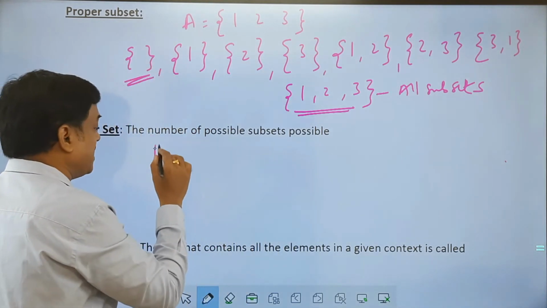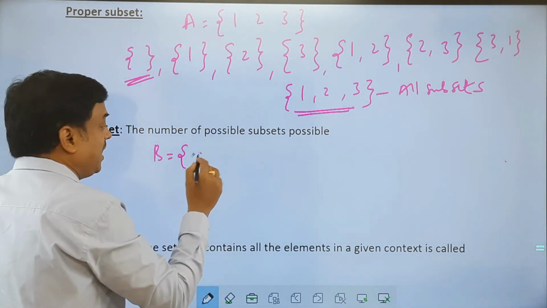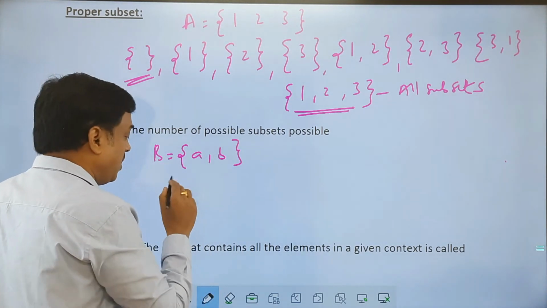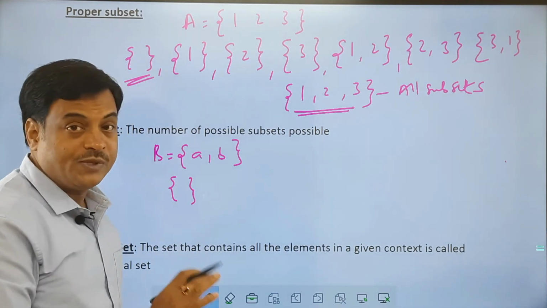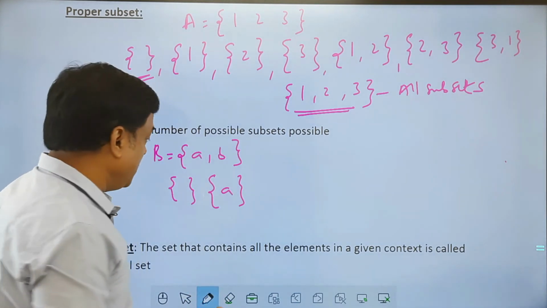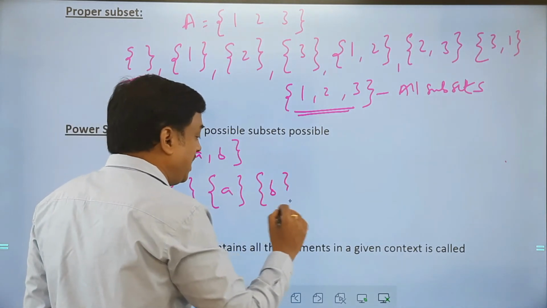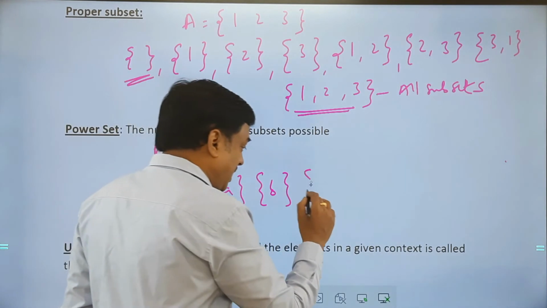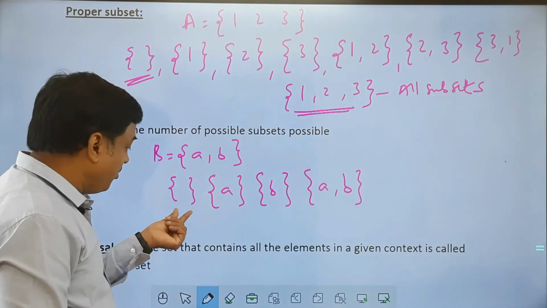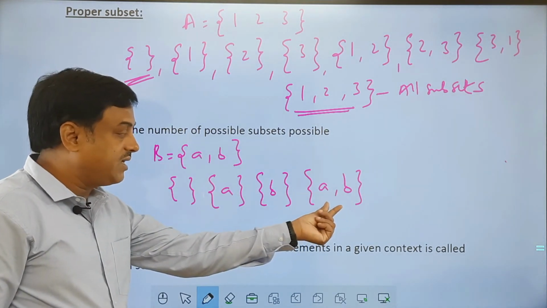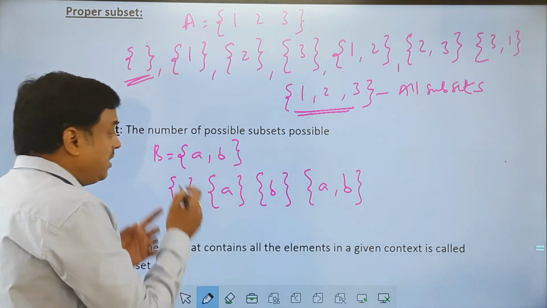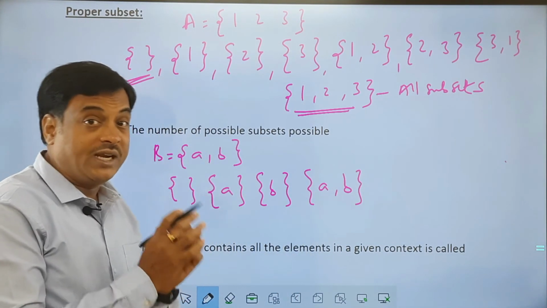I'll quickly take one more example here. If I take a set with A and B as elements, what are the subsets possible here? One is the empty set, which is a subset of every set. Second, A alone, which is a set. Element B alone is a set. And elements A and B together is a subset. So you can see the empty set and the same set itself are subsets. Apart from that, we got 2 more, total 4. That depends on the number of elements, we get the number of subsets.